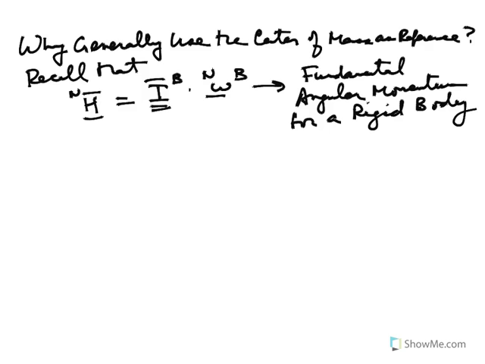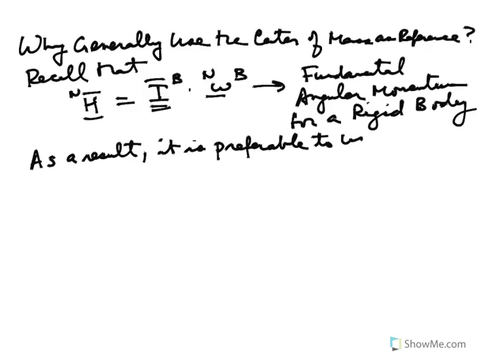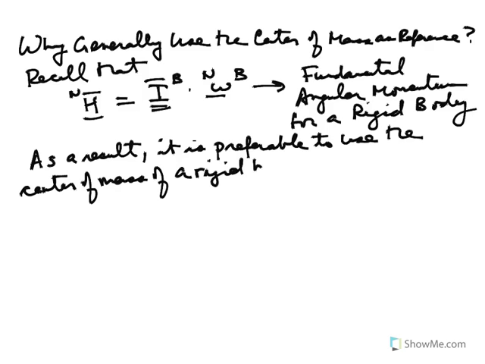It's useful to always write things in terms of this, because that is the constitutive equation. So as a result, it is preferable to use the center of mass of a rigid body as the reference point,